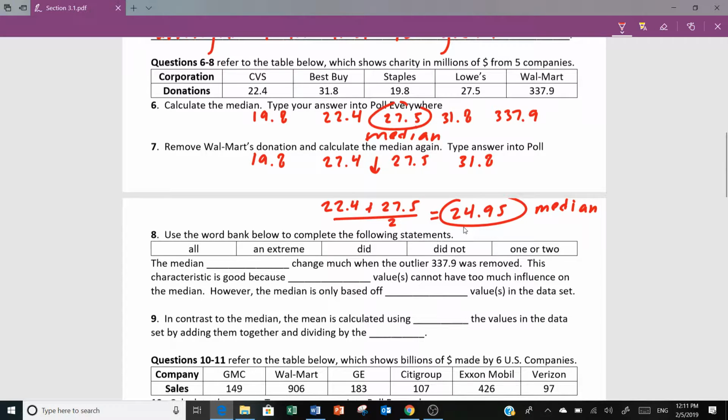Because 337 was so much higher than this. So that extreme value is really